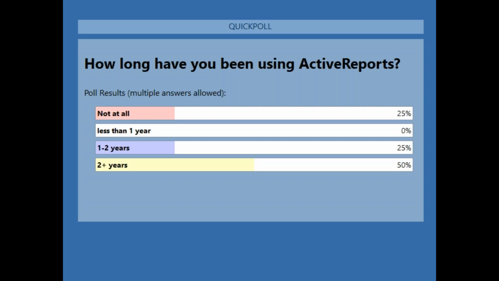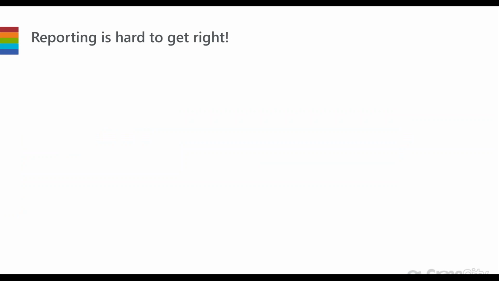If you are familiar with reporting software, then one of the things that we all know is that reporting software is pretty difficult to get right. Depending on your requirements and what type of reporting needs you have for your application, it can require a huge investment of resources. And if your team is not familiar with some of those challenges, it can cost you a lot of time and money. So I'd like to bring Mateen in on this discussion, as he's worked closely with the product for many years and has a lot of experience with reporting solutions. So Mateen, would you mind expanding upon some of these challenges that go into creating